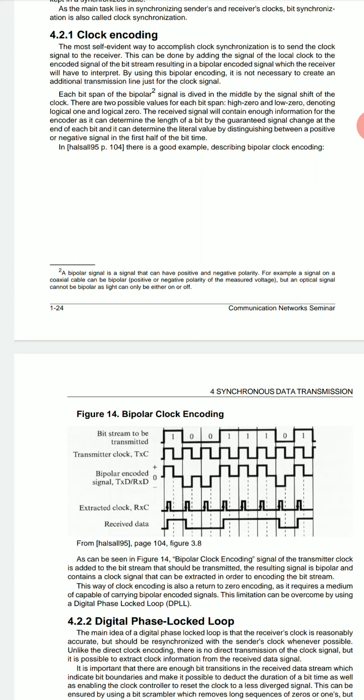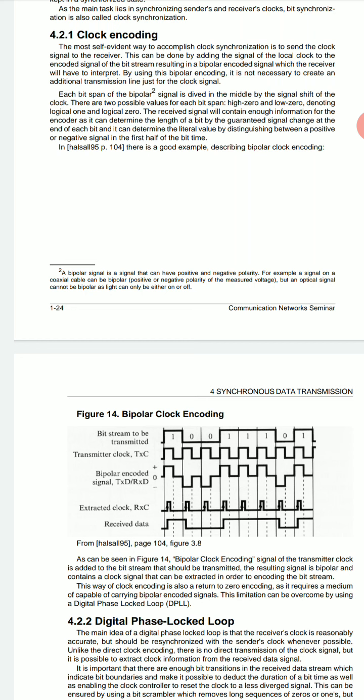So here, if we talk about the unipolar or on-off signaling format, which contains a discrete component at the clock frequency, we can apply that signal to a resonant circuit. Resonant means a BPF that is tuned to the clock frequency, and the output of the resonant circuit will be a sinusoidal.